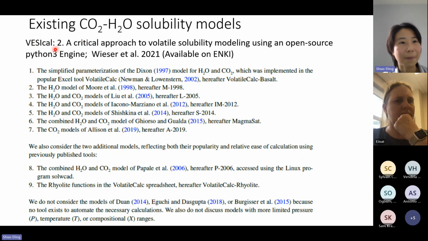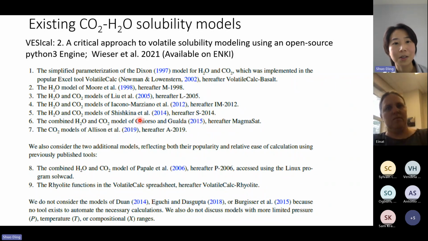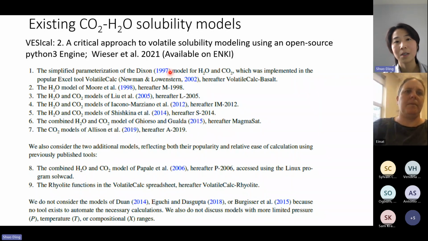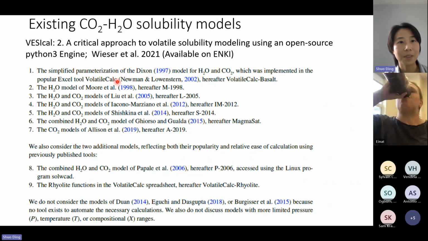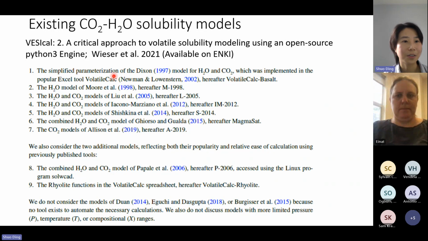The paper is in two parts. The first part basically describes VESIcal, and in the second part they try to benchmark all these models. So if you are really interested in CO2-water degassing models, you could go read this paper. VESIcal is written in Python, and it's available on Anki. I think it's the same Anki that Mark will also talk about later. So yeah,